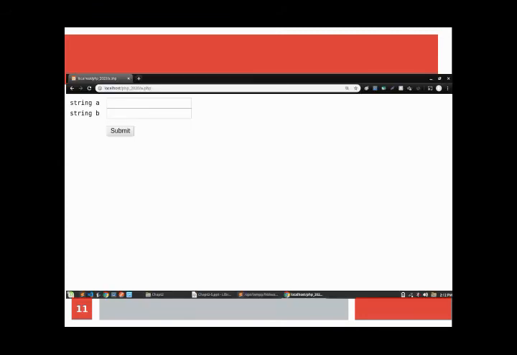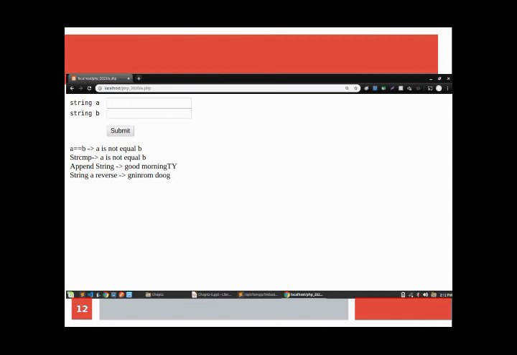So here that means string A and a text box for accepting the value of string A, string B and a text box for accepting the value of B, and our submit button you can see here. Then here A equal to B, then here A is not equal to B, then string comparison A is not equal to B. And when we append the strings, whatever strings we have taken, that is good morning and the ty in the other string, that will be appended, that's why good morning ty will be displayed.